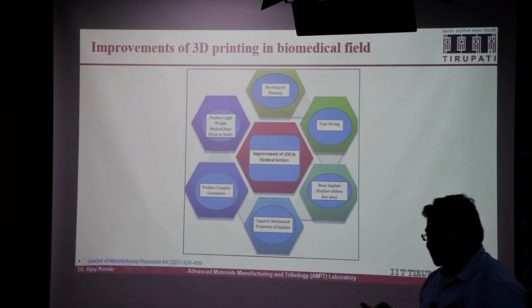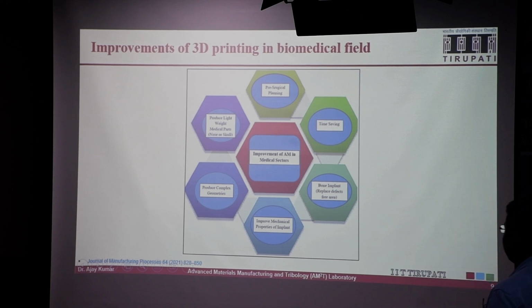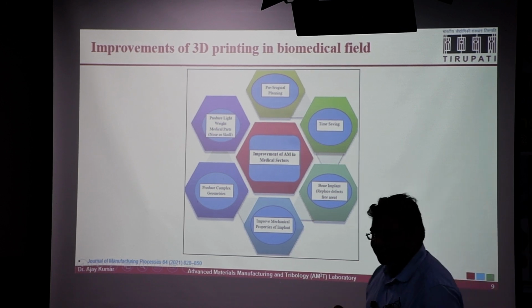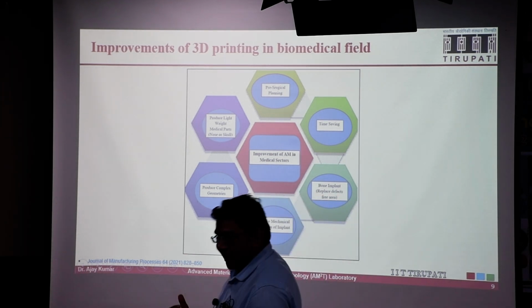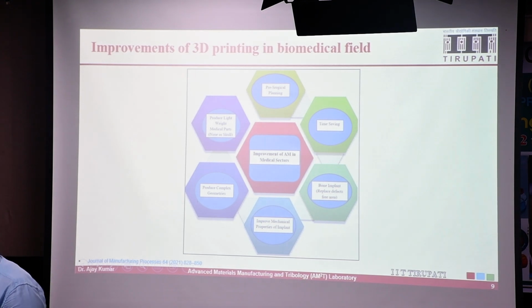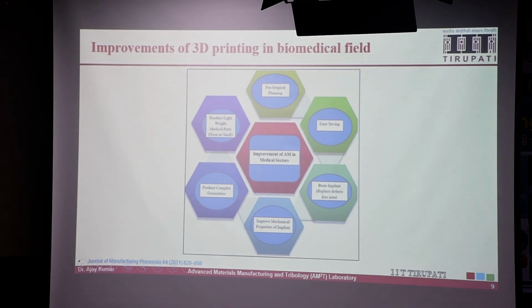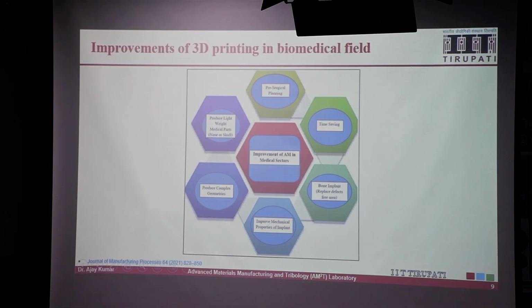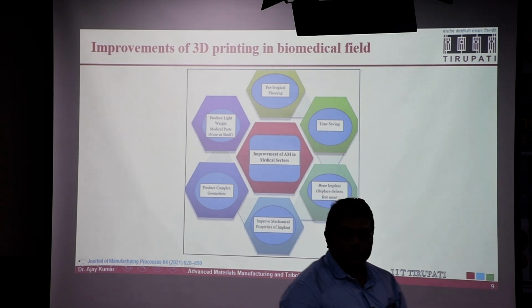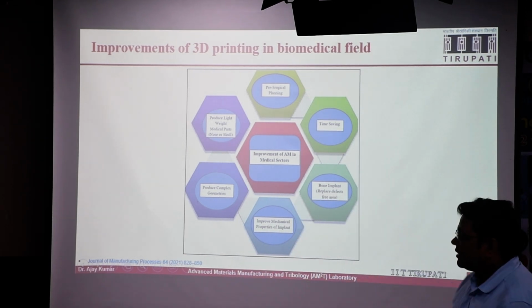Let us discuss just one point, for example, lightweight medical parts. When you talk about lightweighting, generally we use different types of polymers, and especially titanium alloys, because they have biocompatibility and are also lightweight. So that is why